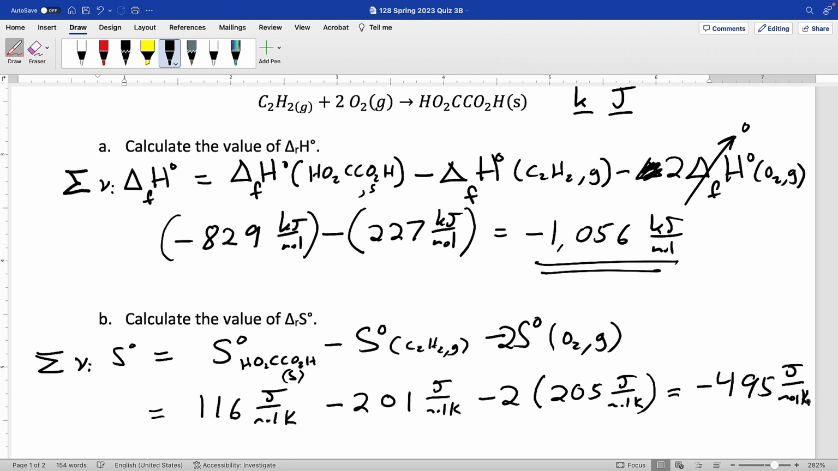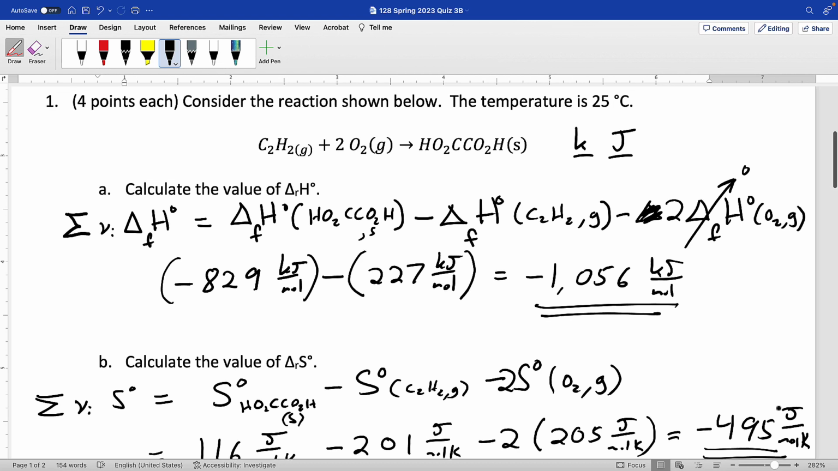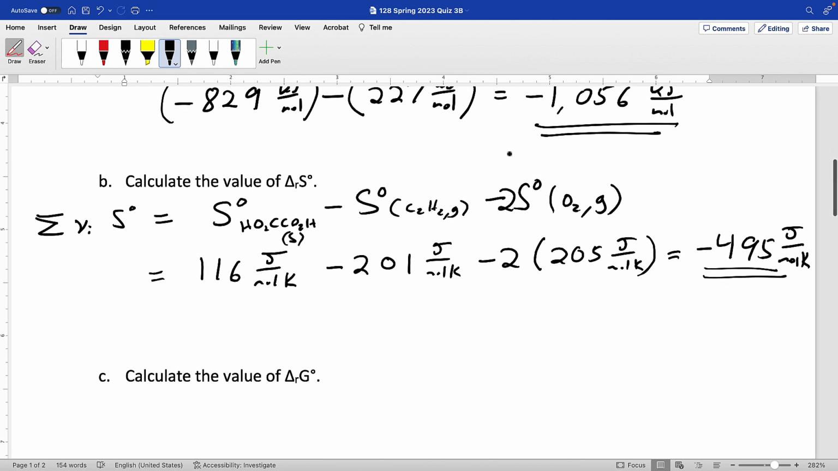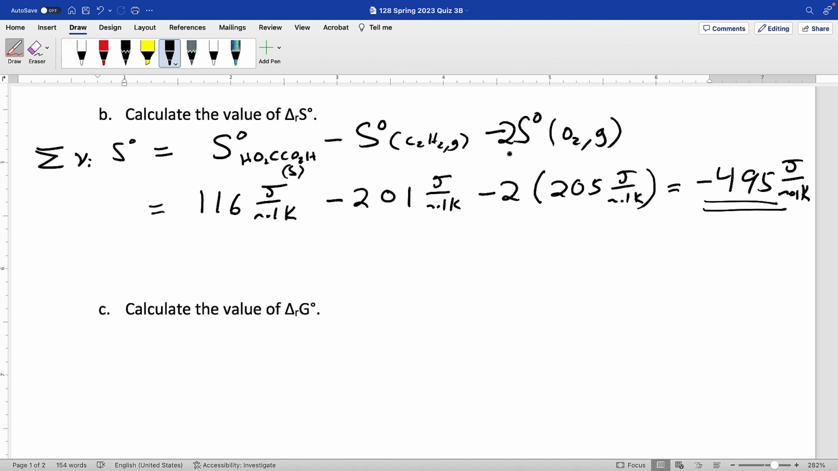We should stop here and ask: do we expect delta S for this reaction to be positive or negative? We should be able to make a qualitative prediction just by looking at the relative moles of gas. In the reactants we have a mole of gas here and 2 moles of gas here, and then no moles of gas on the right. We're taking gas and turning it into a solid, so we expect a negative change in entropy, and indeed we got a pretty big negative change in entropy. Delta G standard